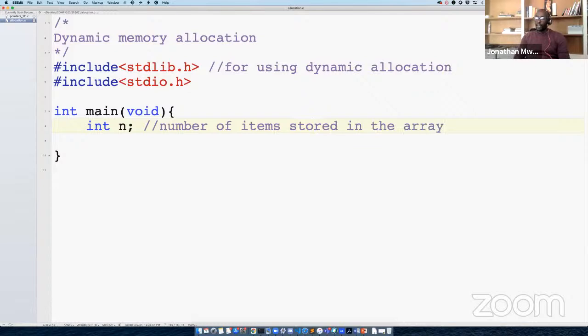We can read this, so we say printf, and then %d, and we want to put this in the address of n. Sorry, no, first printf: enter number of items, or maybe just quickly say enter size.